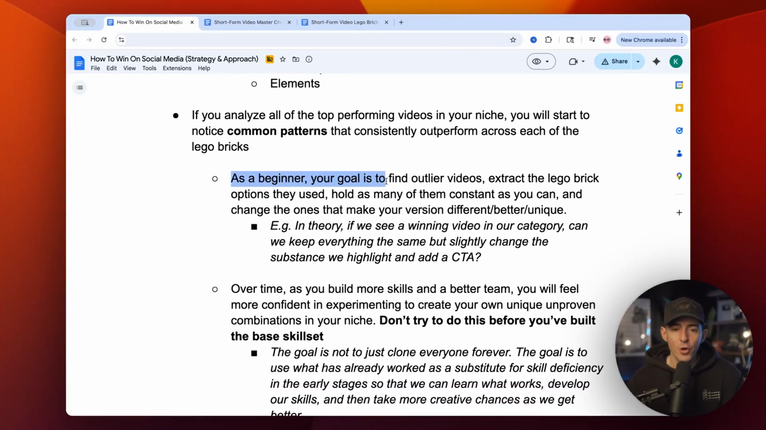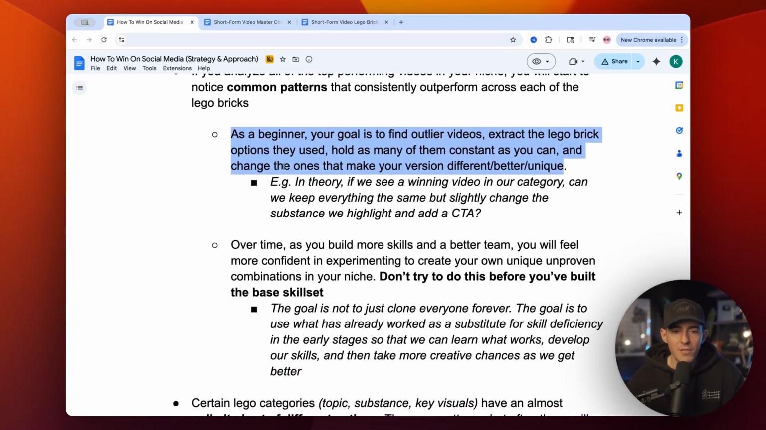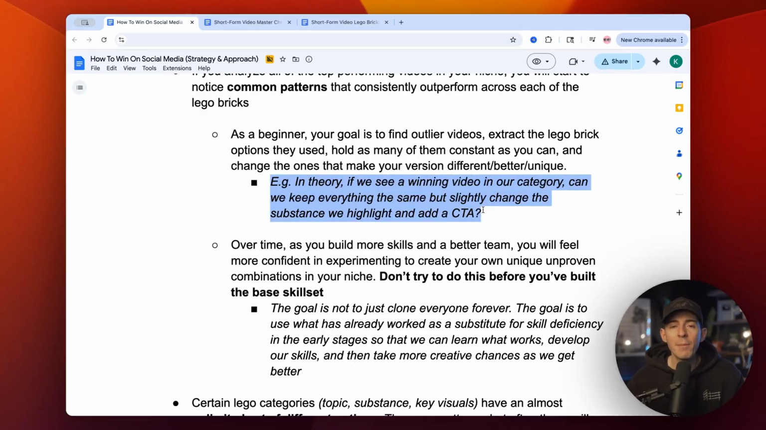As a beginner, your goal is to find outlier videos from other people, extract the Lego brick options they use, hold as many of them as close to constant as you can, and then change the ones where you feel like you have new perspective or you can improve the video. So in theory, if we see a winning video in our category, could we keep everything the same, but just slightly change the substance or maybe change the CTA and keep everything the same? That would have a much higher chance of winning than you making an original on your own when you're a